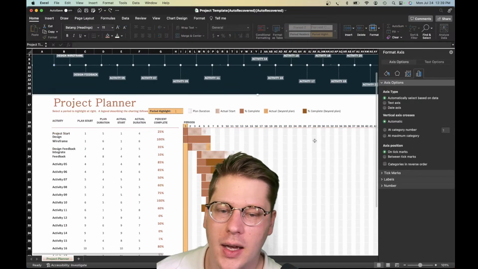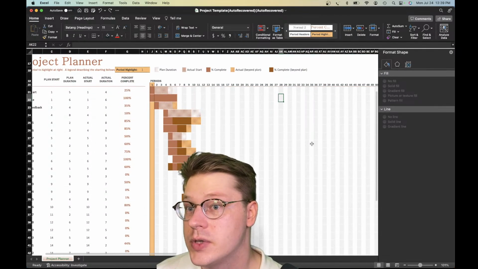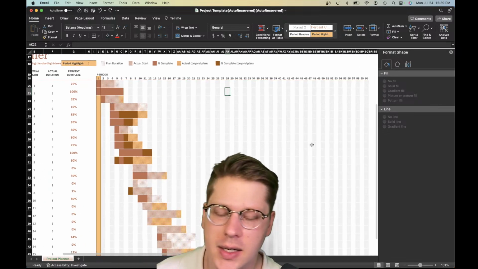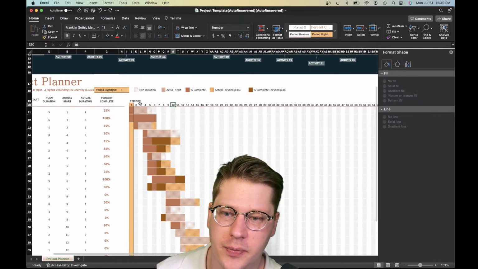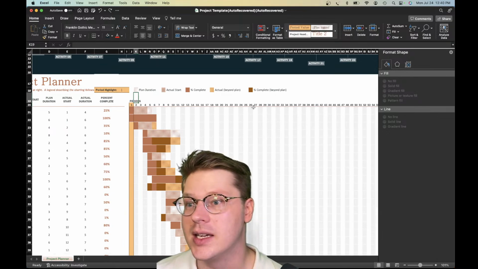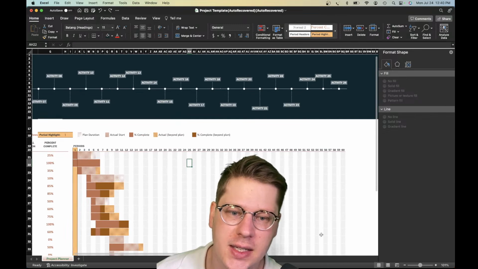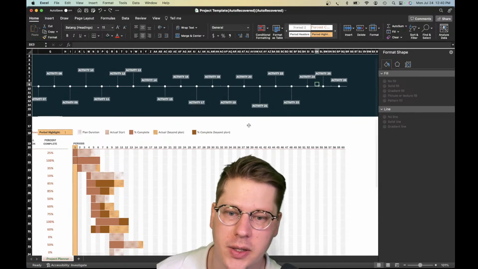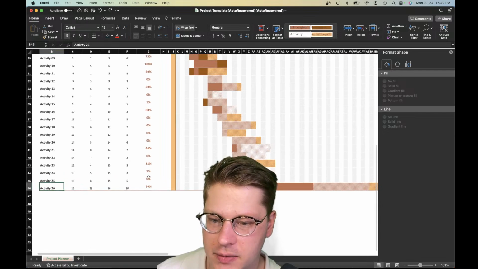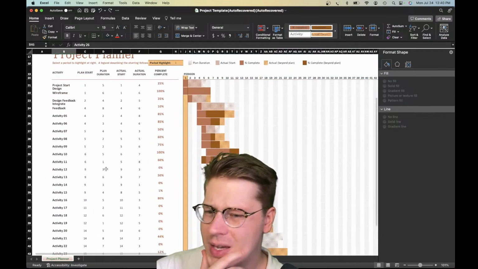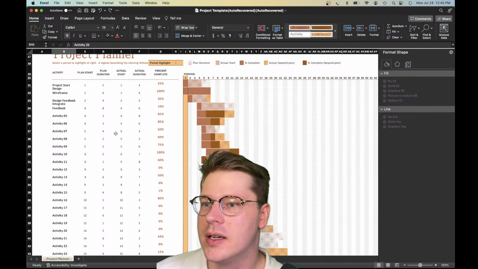So, one thing I did not like about this sample template that we're using as the base here is I think it's just too many time periods. The periods could be anything here. It could be days, it could be weeks, however you operate. But there's like 60 of them, and then it makes for a really, really long chart. In this case, we've got 26 different activities. In my experience, in most project planning environments, people aren't